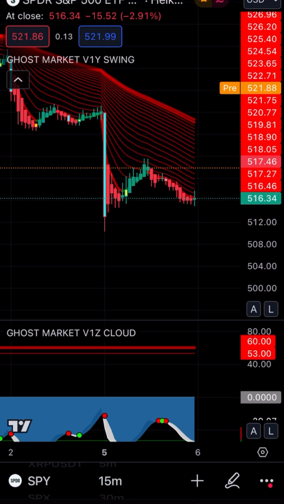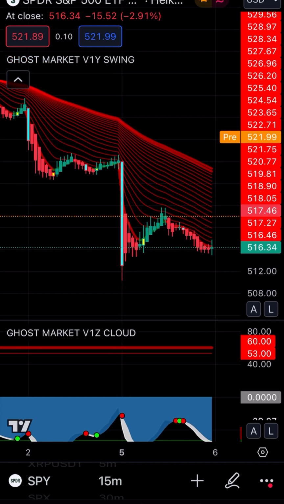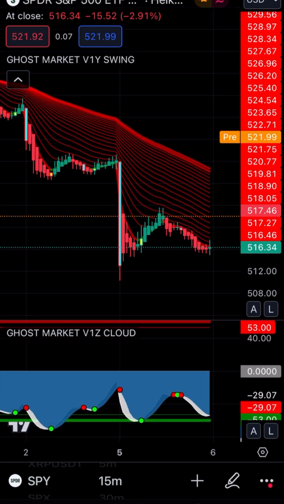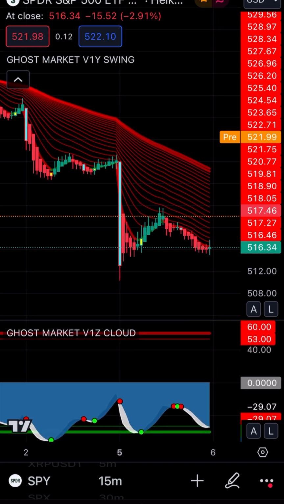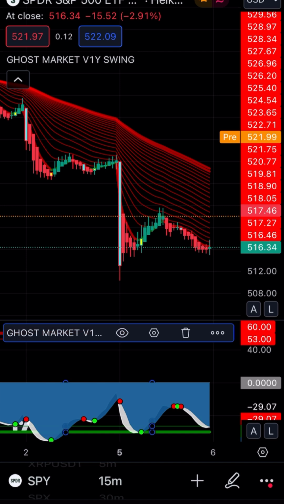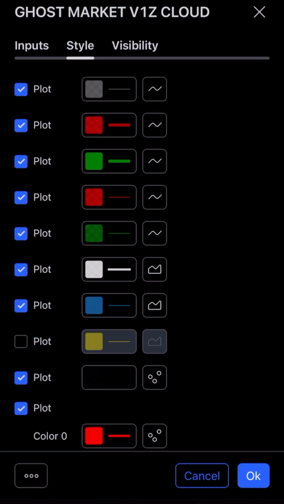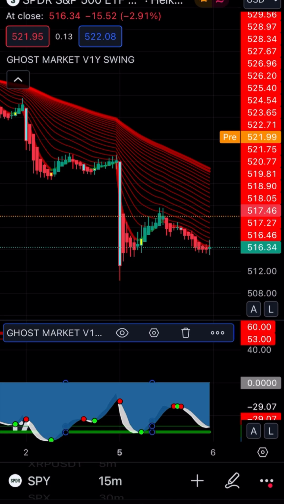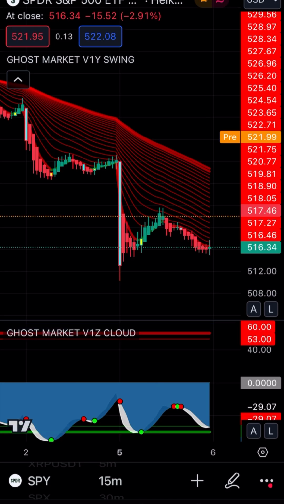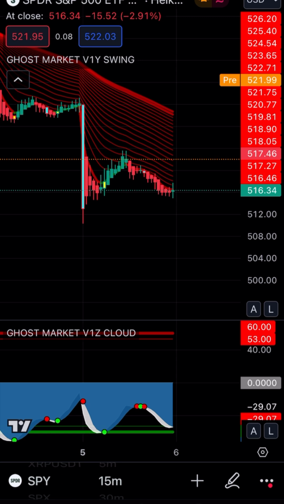So we've identified that the direction is down. So what we want to do from this point on, if we want to make intraday money from options trading, and you want to get in and out every single day, the next step is we want to look at the cloud, and you can only get this if you get the paid indicator. But basically what I do is I take off this yellow part. And you can still use it, it's still useful, but I find that if you take off the yellow part,